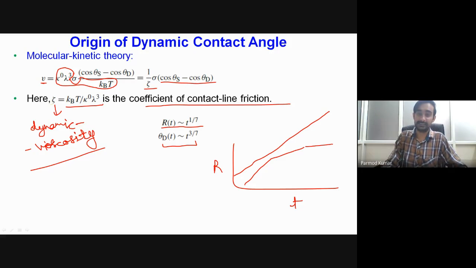To further explore the phenomenon from fundamental physics. Okay, so the only idea of present research is that instead of having a single slope of the R versus T line, we may have different slopes of the R versus T line, which will be representing different physical situations during the spreading characteristics of the droplet.